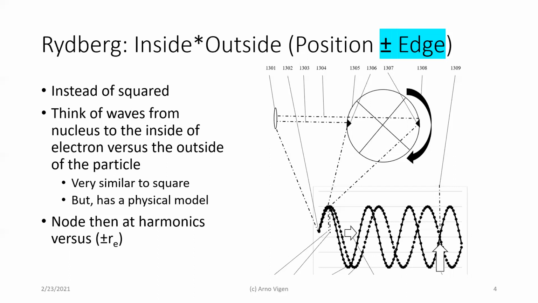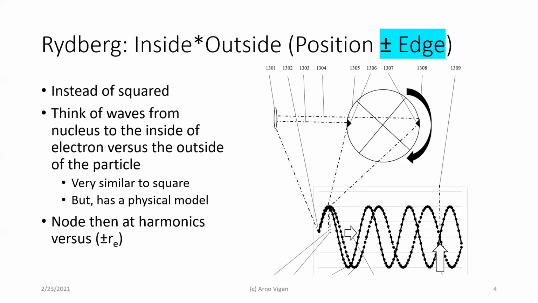That balance occurs at distance minus r sub e times distance plus r sub e. And that looks like a square minus the r sub e squared, or 18,778 squared. And so that factor is an adjustment at about